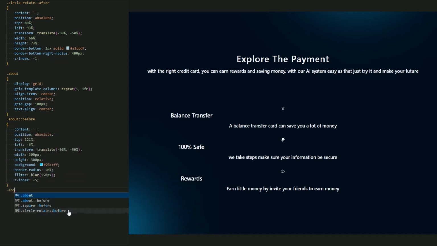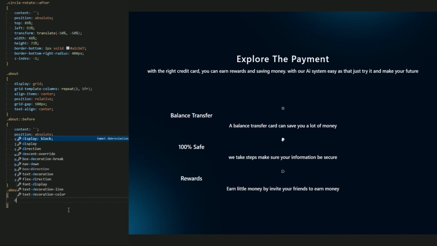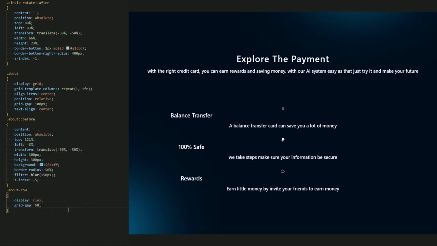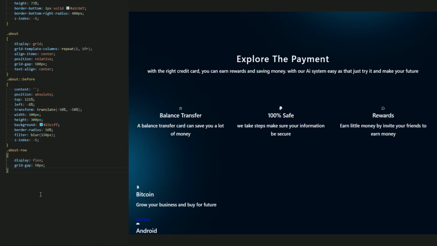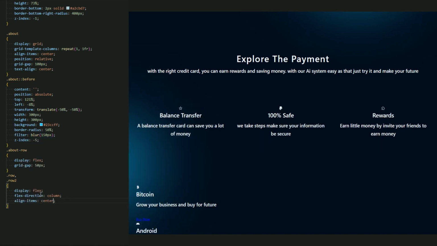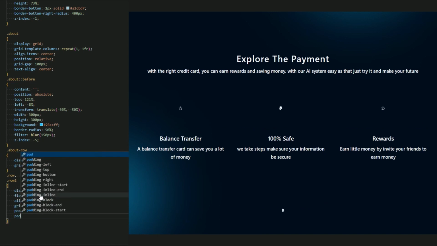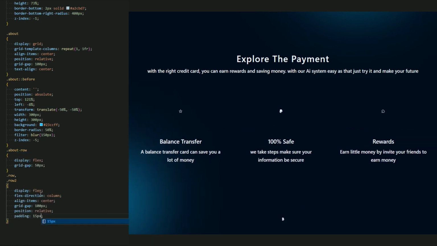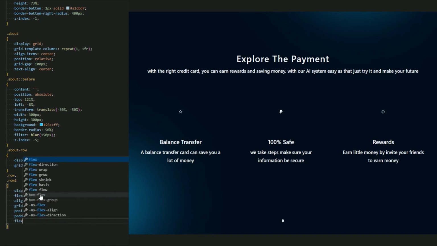Okay, this is a before. Now let me add the about row to add display flex. Add a display flex for it, and the grid gap, 15 pixel. Now let me add a row and row 2. So row 2, add a display flex, flex direction column, align items center, grid gap 100 pixel for distance, space, and the position relative. Now add a padding 15 pixel, a little padding for this, and let me add a